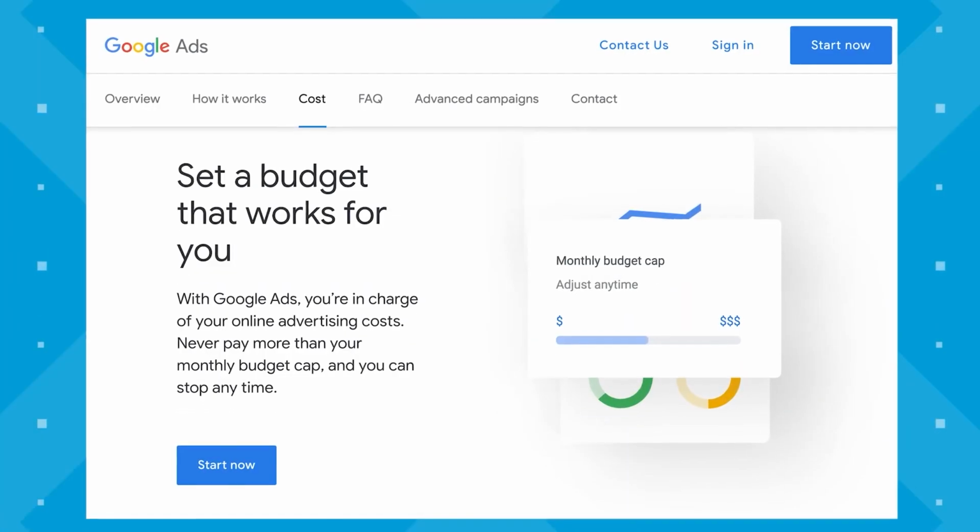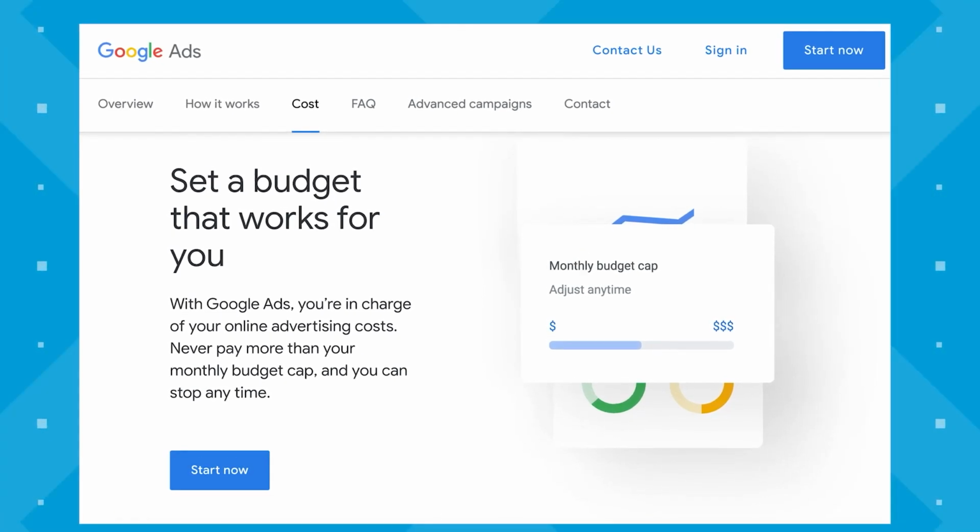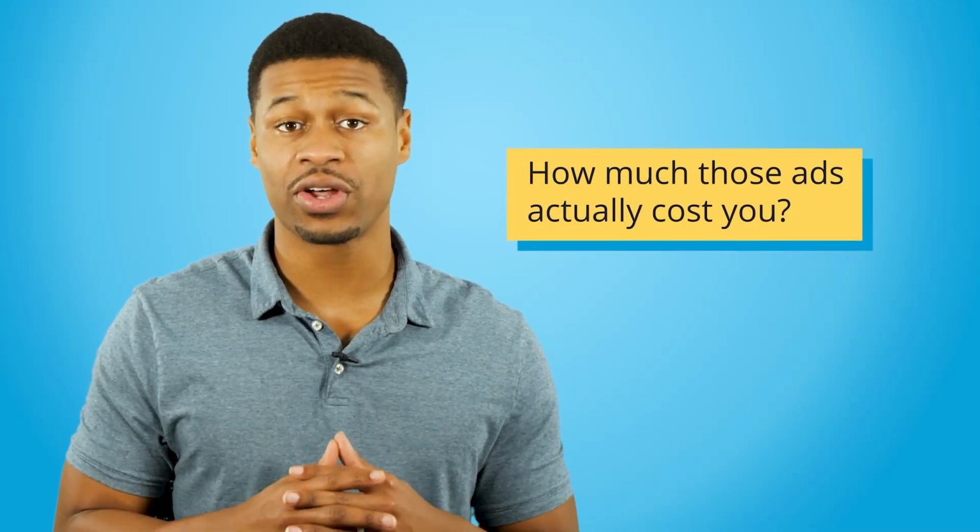All right, how much do Google Ads cost? According to Google, you can spend as much or as little as you want in Google Ads. What's not so clear is how much those ads actually cost you. And I'm going to talk about that in just a moment, but let's first look at how Google ad